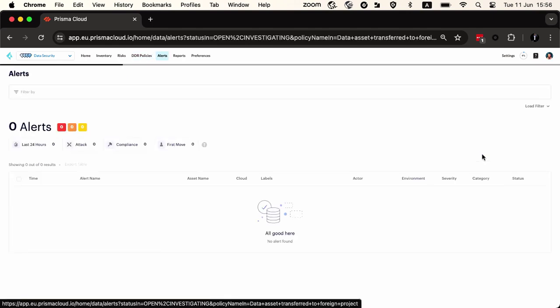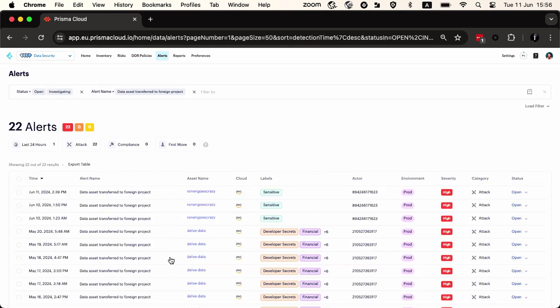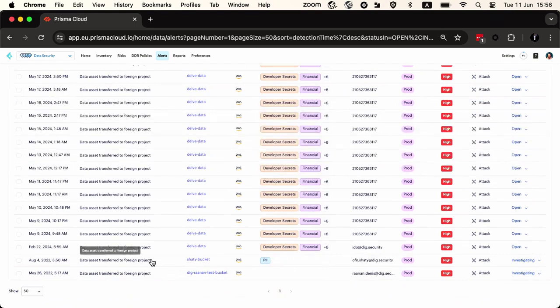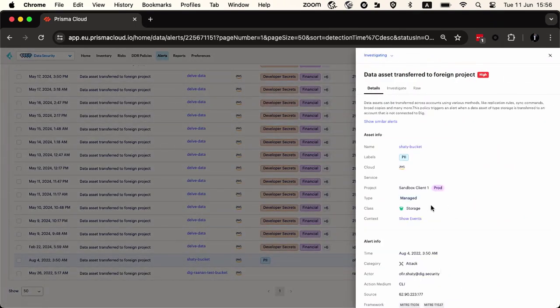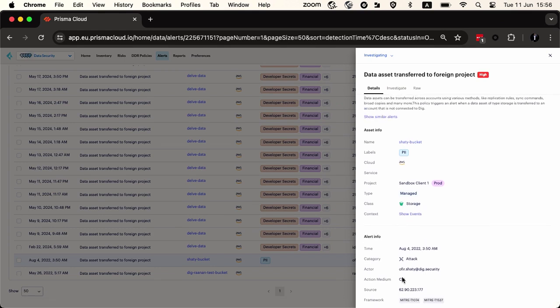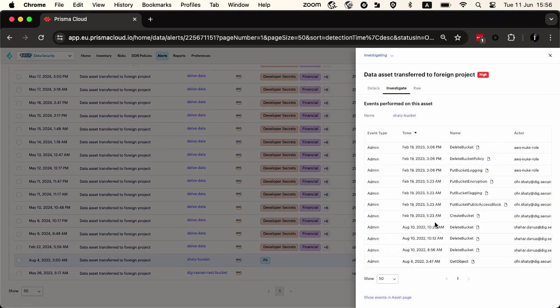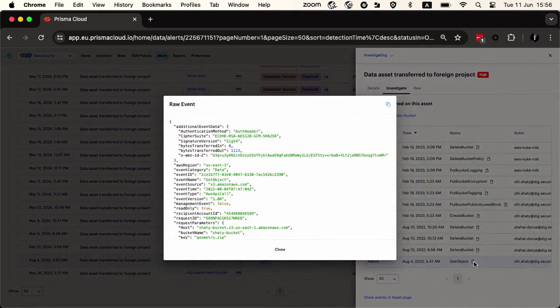What we were able to see is that not only were we able to detect that this specific thing happened, we're able to identify what was the asset that it happened on, what was the cloud, what type of project it happened on, what type of information was there. How did they do this? Through the CLI, through the console, what was the source IP, the MITRE ATT&CK framework? We can even pinpoint the exact set of events that triggered this type of policy, and even see the set of raw information that made us trigger. All of this out of the box without the user having to do anything.